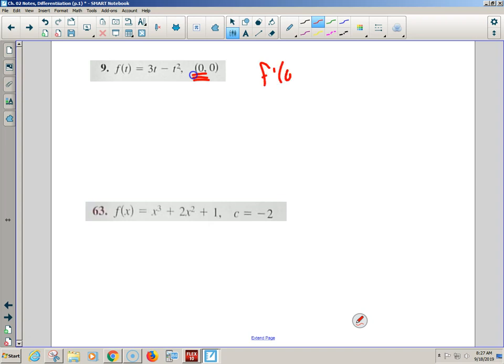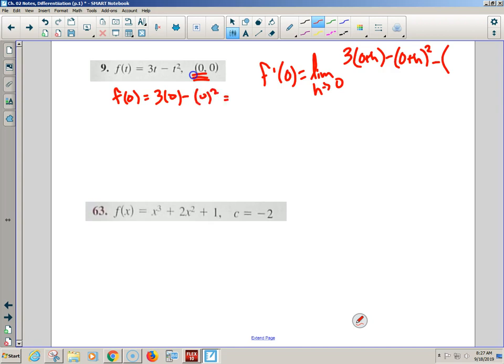So, f prime of 0 is going to equal, Kyle said the h approaching 0 part, which means you're doing a plus h, which would be 0 plus h minus 0 plus h squared minus, what's f of 0? Isn't that just 0? Oh, that's easy. Minus 0, all over h. Now, we would normally have to FOIL stuff if we were doing f of x plus h minus f of x, but the nice thing is we can do 0 plus h. What is 0 plus h? Yeah, so that's just 3h minus, and 0 plus h is h squared.